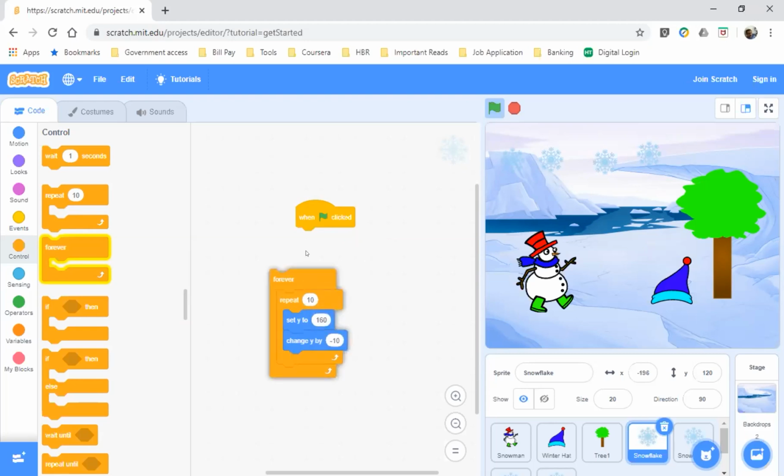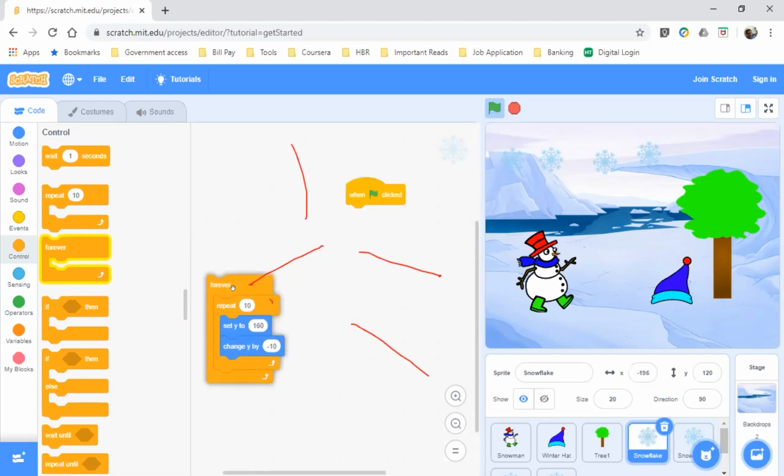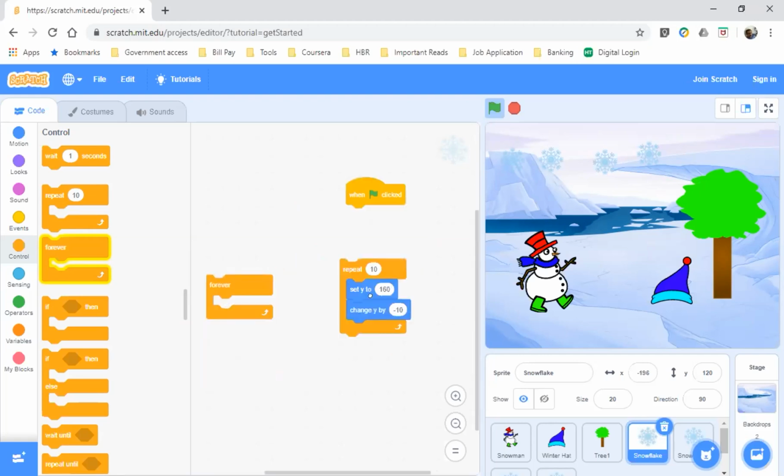Forever. Okay. Wait. Let's do one at a time. Can you make everything separate out? Let's separate out everything. Okay. Wait. Now this set y should go over here.